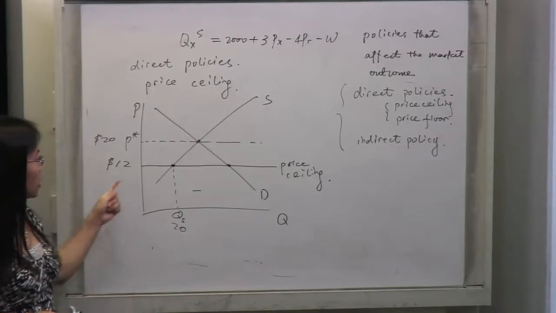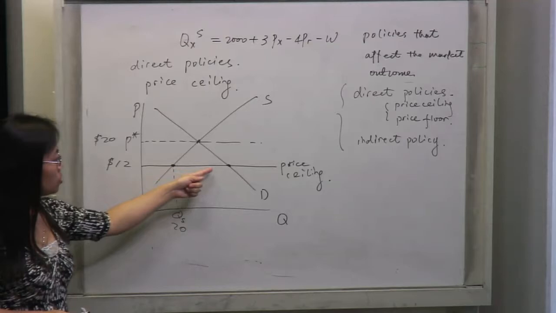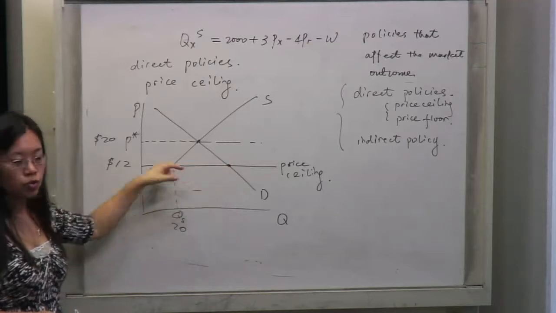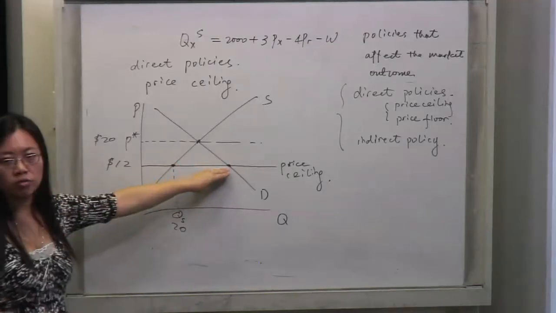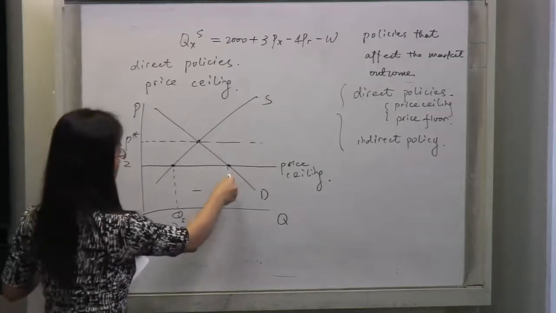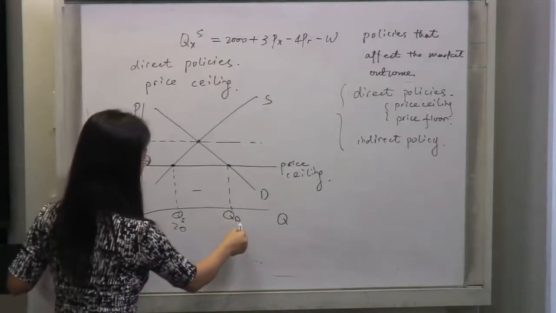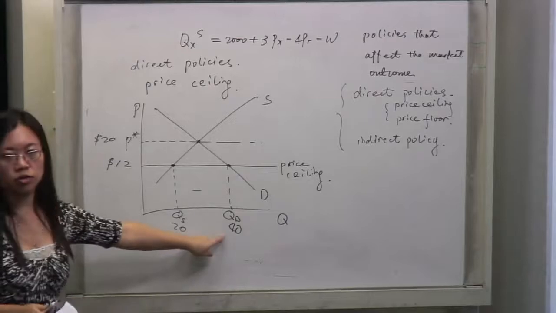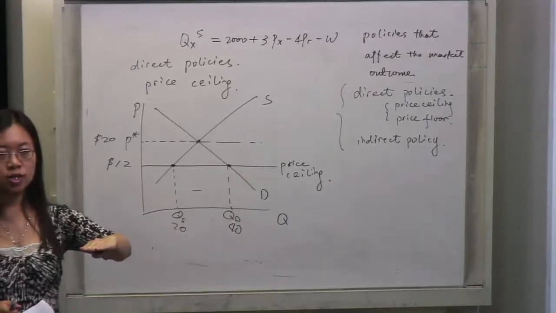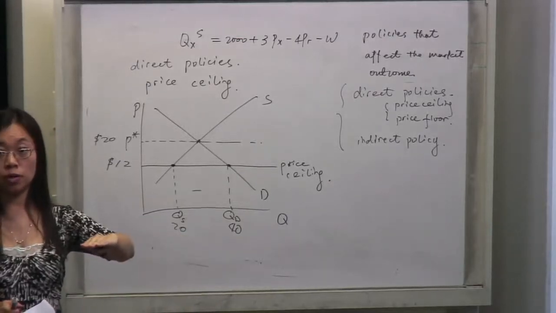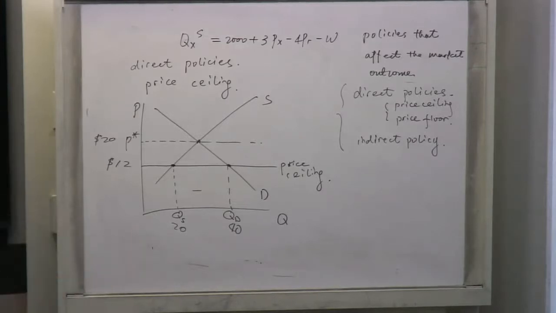What is the quantity demanded at that price? Much more. So you're going to extend this line to the demand, right? What you see here is 40, a larger amount. So at a lower price, more people want this good than the people who want to provide it. Because the price is lower than the market rate, there are more people who want it than who want to supply it. What do we call this?